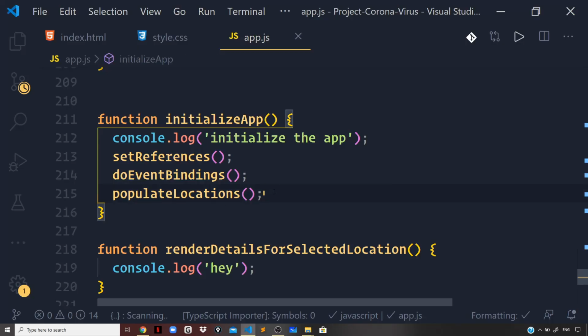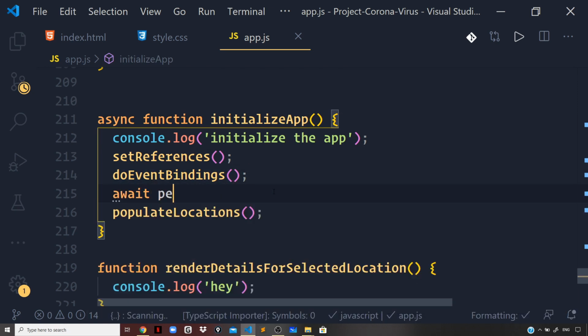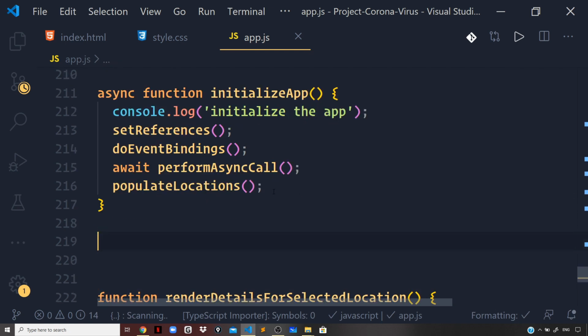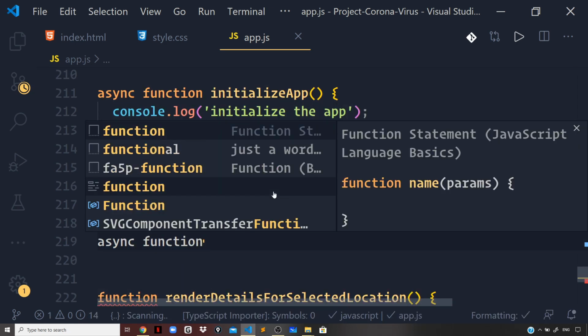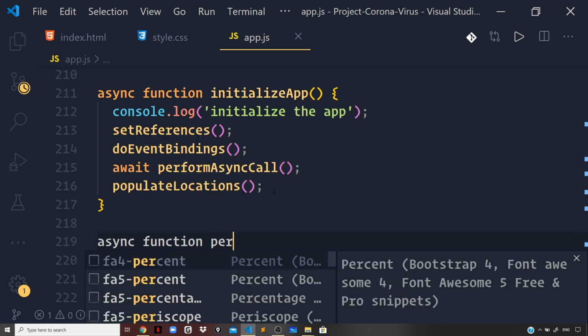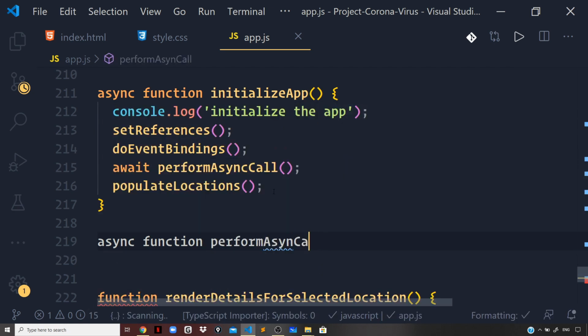So now let us make the async call to get the data for Karuna from the backend API that we have got the API link for. So I can decorate this function with the async keyword, and now right below my event bindings function, I will await, and I will define a function perform async call. So let us define this function. So I will say async, because we are going to make a HTTP request to our backend API to get the data. So we will decorate the function with async keyword perform async call,